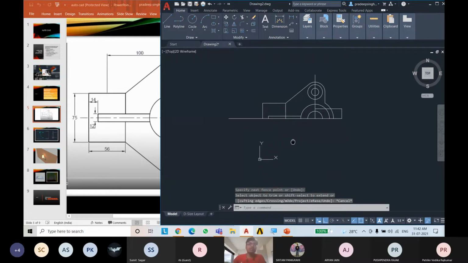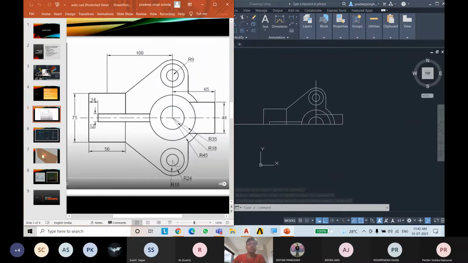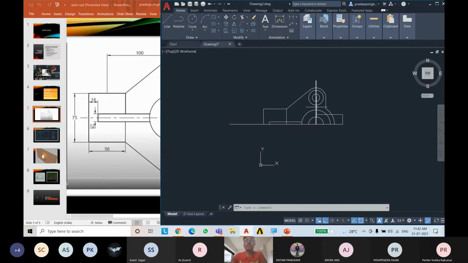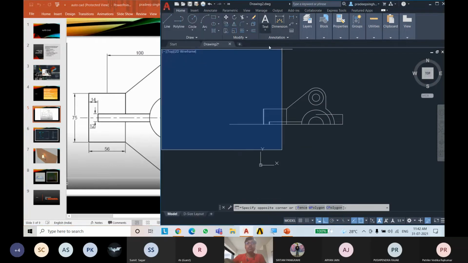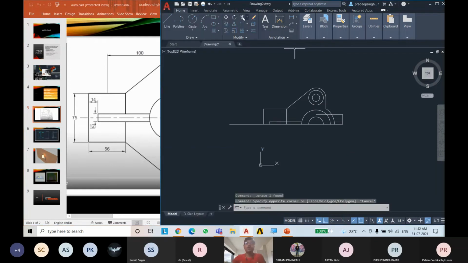Now you can see that we have almost done the upper part. There are some unnecessary things I will delete, like this line, and I will trim this and this thing.